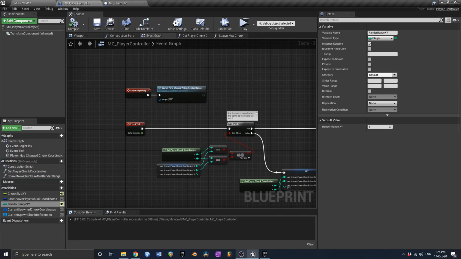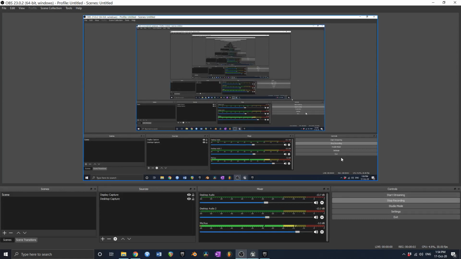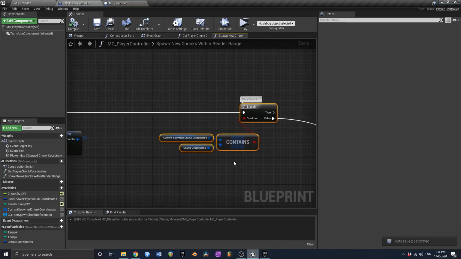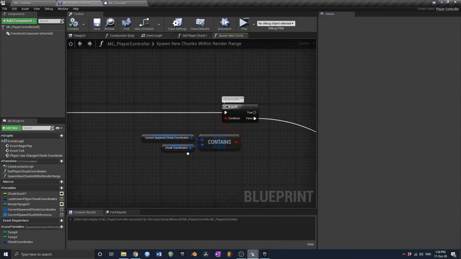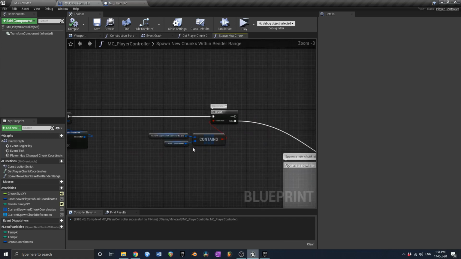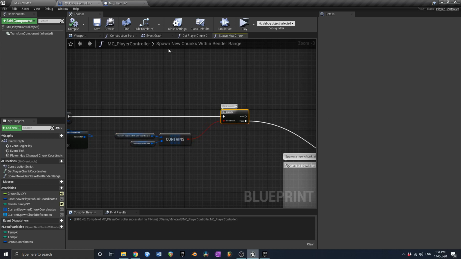Okay, that's all good. I'm just going to take a breather and think about the next thing that I'm going to do, and I'll be back. Okay, so I took a bit of a break and I had a look at what we needed to do next and gave myself a headache trying to figure out some booleans and other stuff, but I got there in the end. So what we need to do now is, this is in the spawn new chunks within render